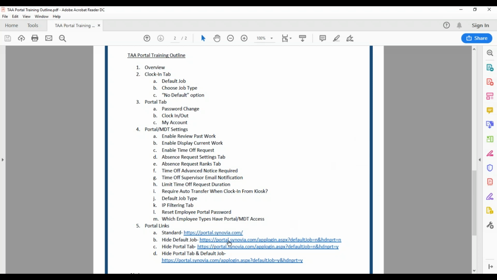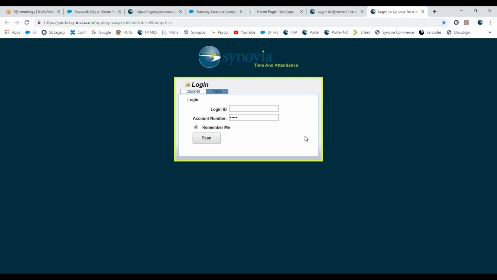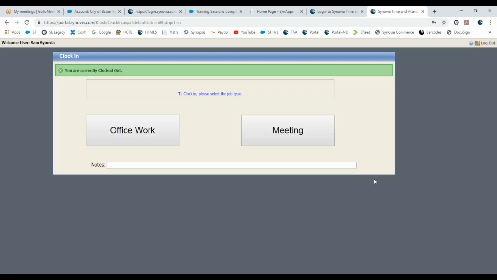And so this link down here looks a little bit different. It's got this extra verbiage off to the right. So I'm going to click on that link, and we're going to allow it. And notice that on this link, we don't have an option for a default job type. So watch what happens when I use this. I put in 9999, and I'm going to click scan, and it automatically makes me choose. So I can choose office work,